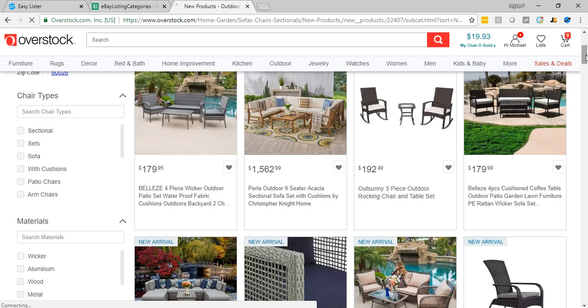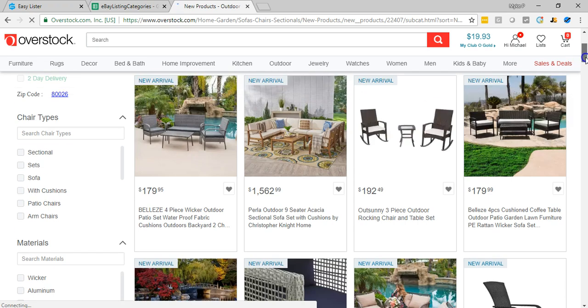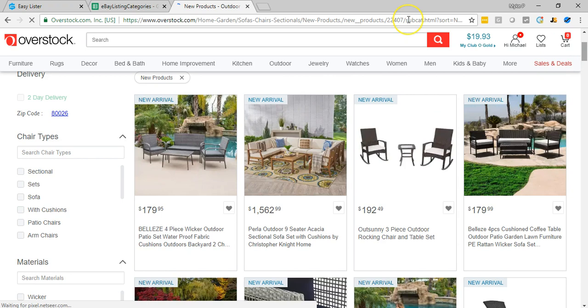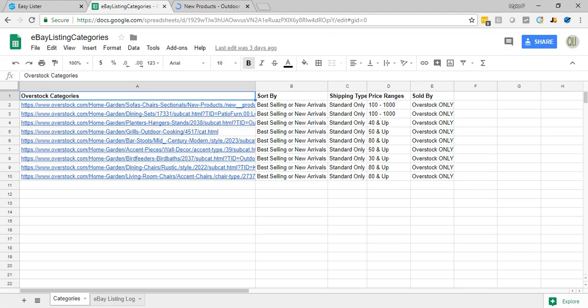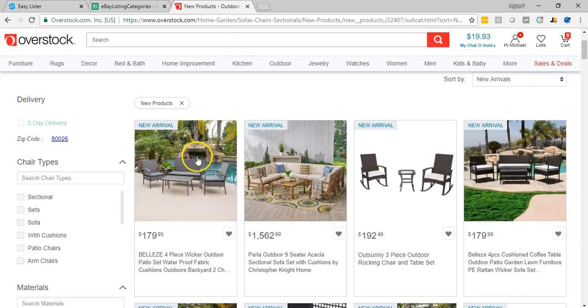Okay, so here are the new arrivals, and I'll leave it up to you what items you want to list. I also gave price ranges as well. And oh, here's another thing too. Okay, let's start over. So you sort it by best selling or new arrivals, and for the shipping type, I usually look for anything that is